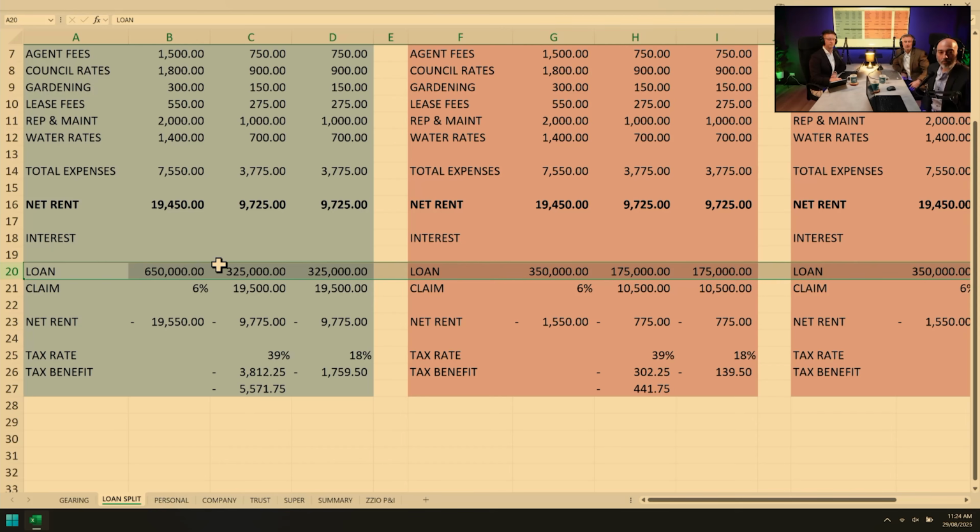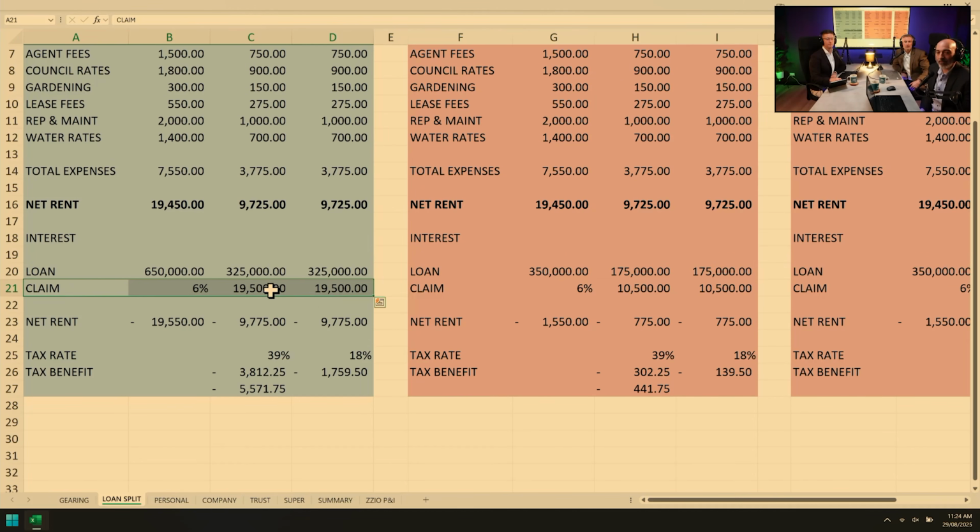So working through the blue box, so the loan 650, at 6%, you've got a $19,500 interest deduction each. So both of them have a negative gearing of almost 10 grand. Now the difference between person A and person B, and this is kept the same again, they're on different incomes. So someone's in the 39% bracket, and the other person's on the 18% bracket. So the tax benefit associated with having the negative geared property, the total there is 5.5. So person A gets 3.8, person B gets $1,800. So that's actual cash tax refund or direct tax benefit. So together they get a $5,500 tax benefit.